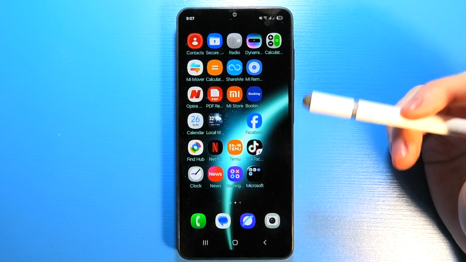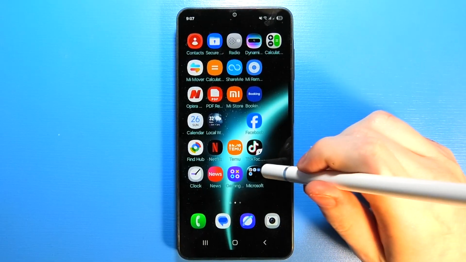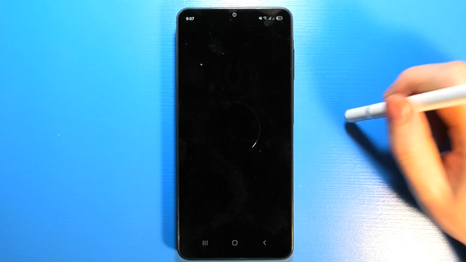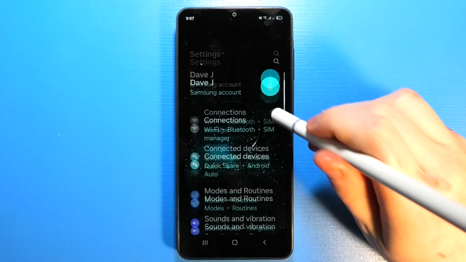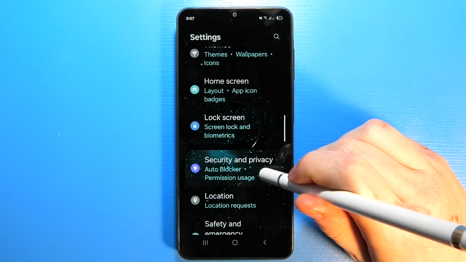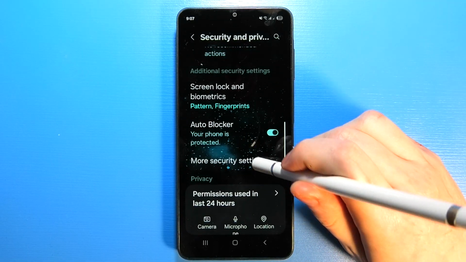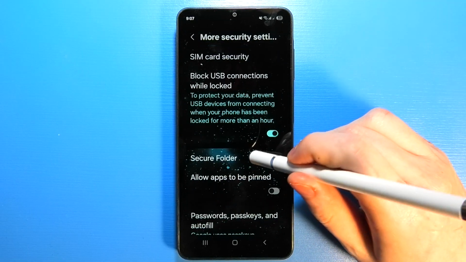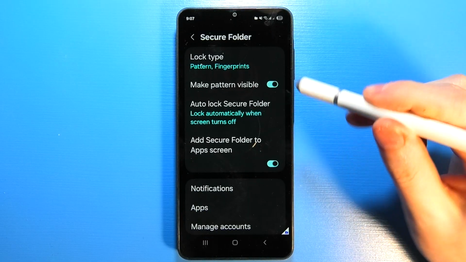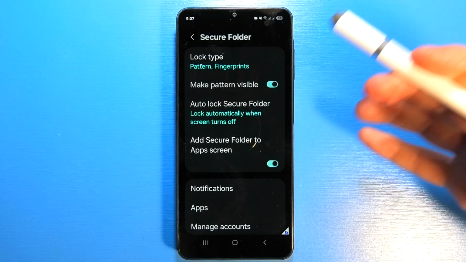To lock apps on Samsung Galaxy F07, first of all, we'll need to open the settings on our device. Next step is to scroll down, and here we need to locate the security and privacy. When you open it, then navigate down to more security settings, and then you'll be able to find secure folder. Now you can perform a setup for your secure folder and create the password that you want to use to